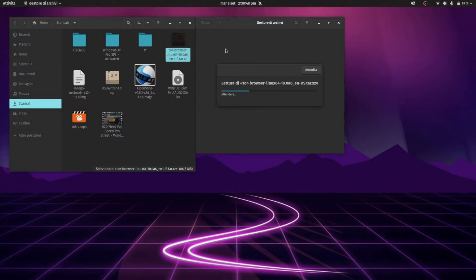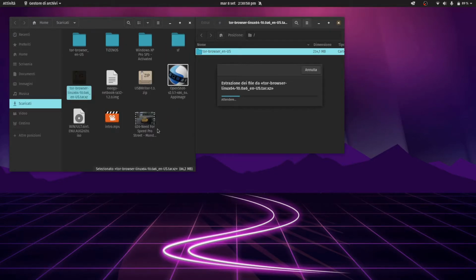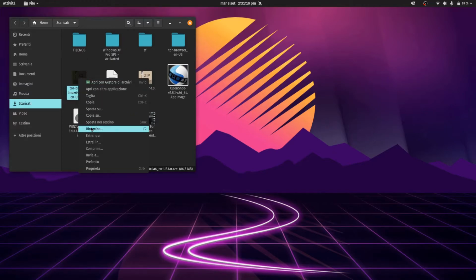Enter. Extract the main folder. You can delete the zip file.